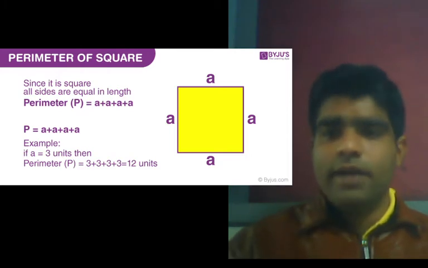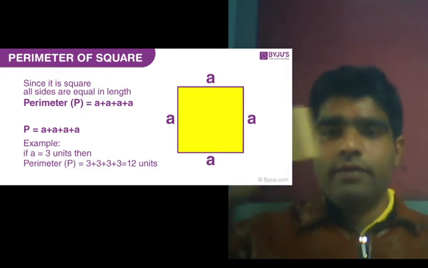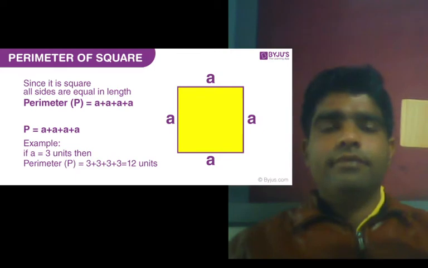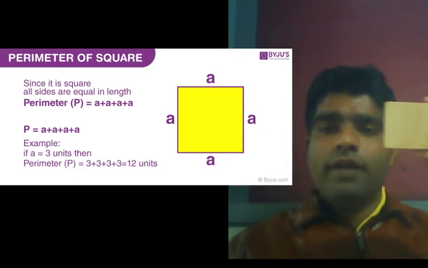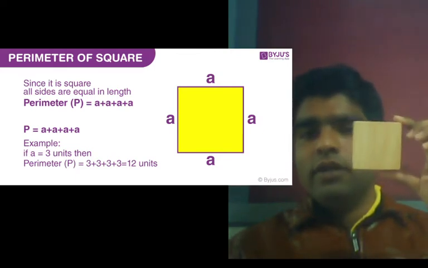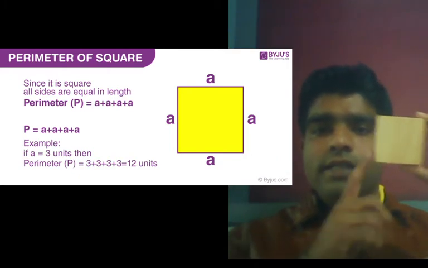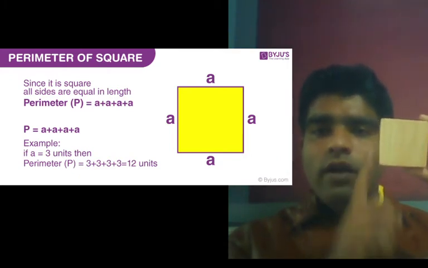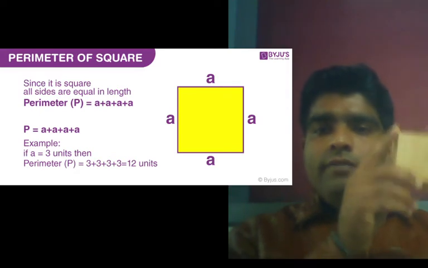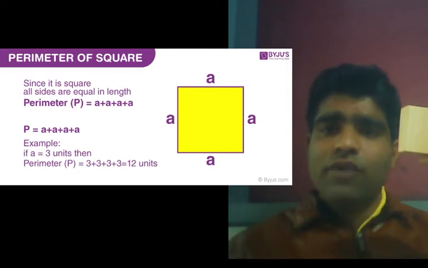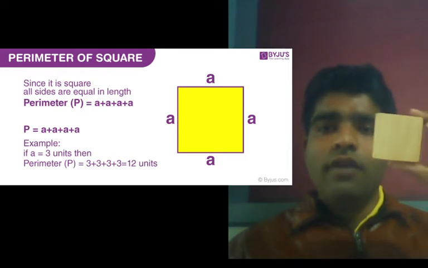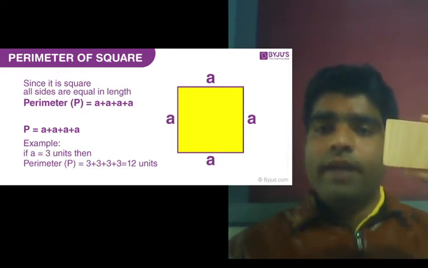For example, this is our square. This is one of the important examples of a square. Every student knows a square has how many sides? It has four sides: 1, 2, 3 and 4. A square has four sides. Now find the perimeter of a square. How can we find the perimeter of a square?